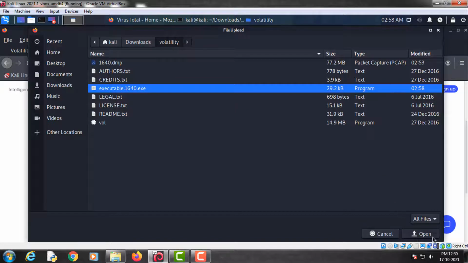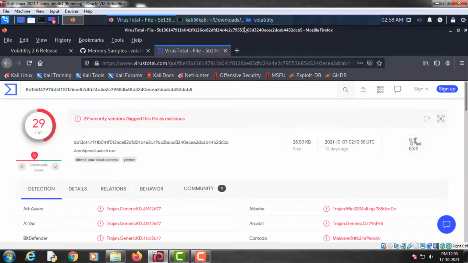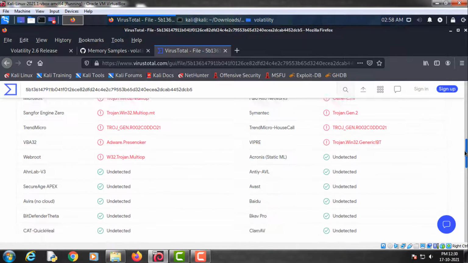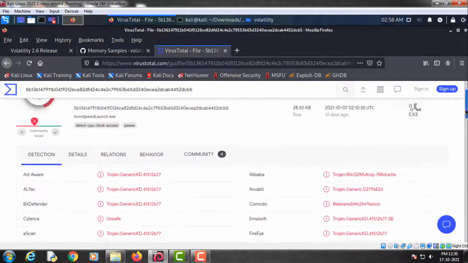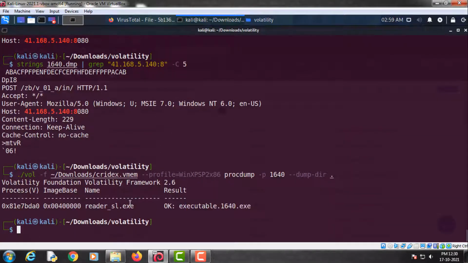So as you can see, 29 security vendors flagged this file as malicious. So we have confirmed that it is a malicious file. So this is how you can use this Volatility tool to find out malicious processes running on your system.